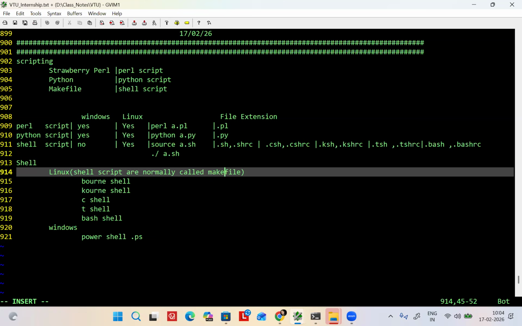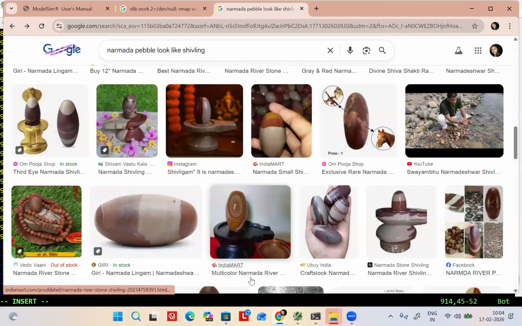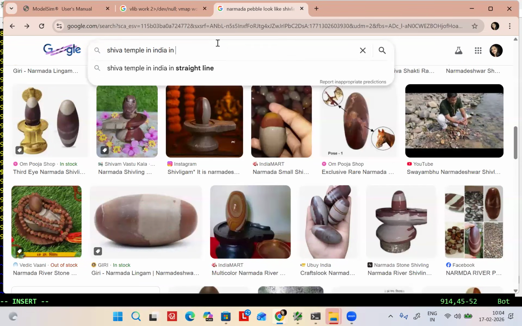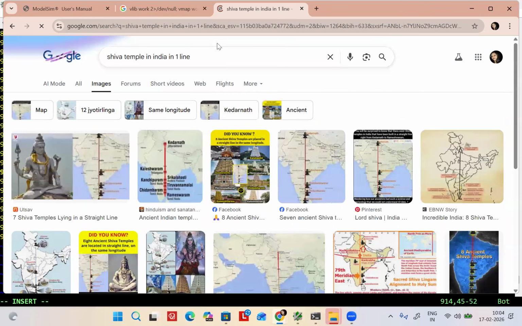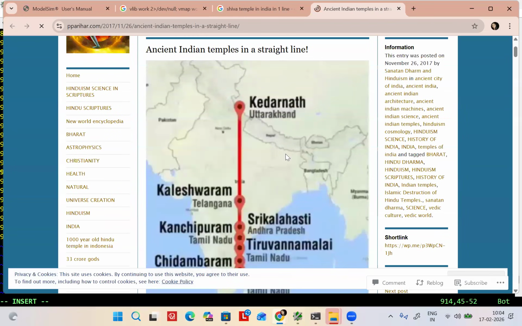In that he will tell all the Shiva temple names. Next time when you see here, in India, all the Shiva temples are located in one line of India.